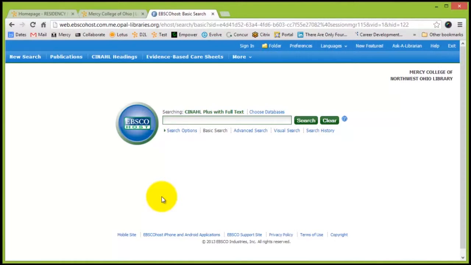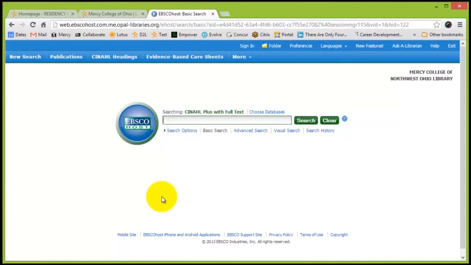Mercy College has partnered with a lot of other small colleges and universities in the Midwest to combine our monies to buy access to databases, but even there are some gaps. So just to let you know, you may want to bounce between two different sources: one, your local libraries, and two, what we have here at Mercy College.